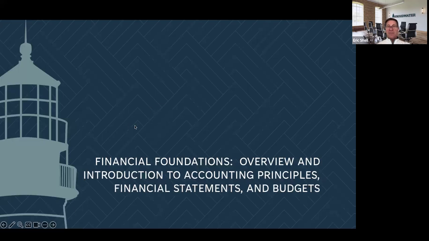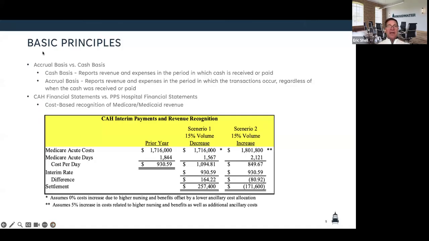But just to go back and talk a little about these foundational elements of Finance 101. This big one here, accrual basis accounting versus cash basis accounting. We've talked about this the last 2 weeks. Cash basis accounting is you recognize revenue when you receive the check. You recognize the expense when you cut the check.